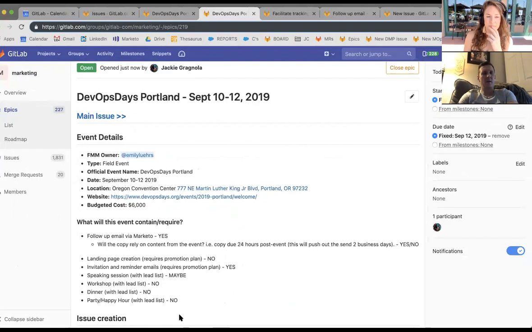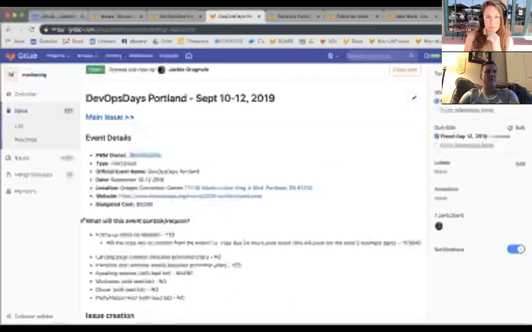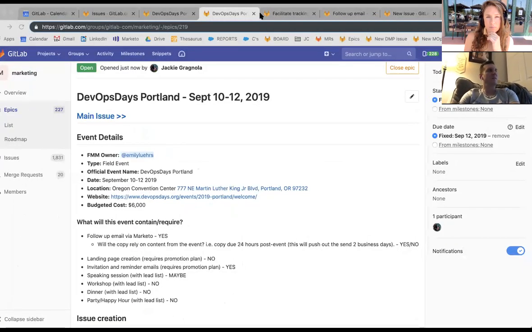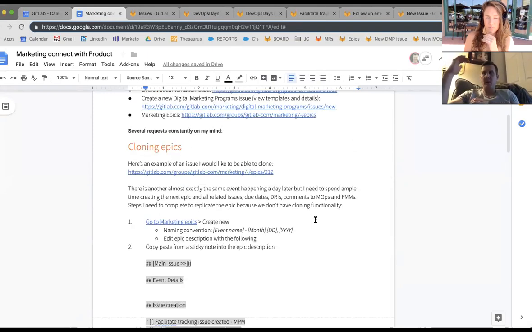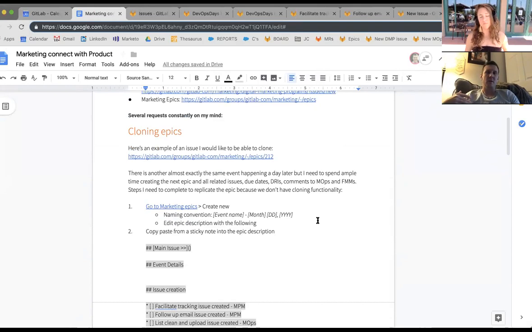So, some of these are, I think, relatively easy improvements. One of the things that you mentioned, or at least that I gleaned through your workflow here, was it'd be nice to not just copy or clone an Epic, but an entire Epic and issue tree, and call that like a project. Maybe you could even clone a project and it would include a template of related epics and issues, because it sounds like every epic has basically the same related issues to it. Is that correct? Yes. Yeah.